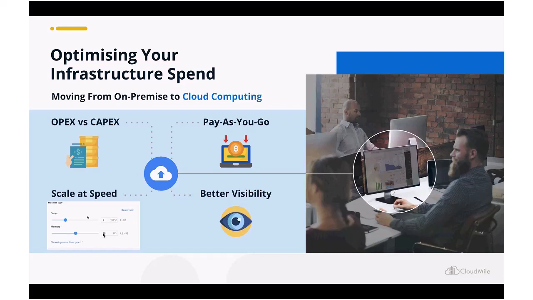And last but not least, having the cloud allows you to have better visibility. A lot of the time, when going on premise, a customer's common complaint to me is that they have to buy product A and product B to monitor their overall CPU utilization, their storage utilization, or even from a security perspective, how secure their overall setup is. But with the cloud, it's basically an all-in-one platform that allows you as a construction company to scale at speed,